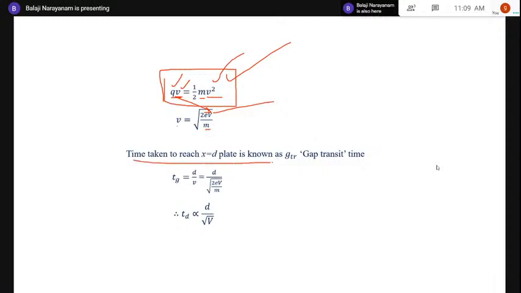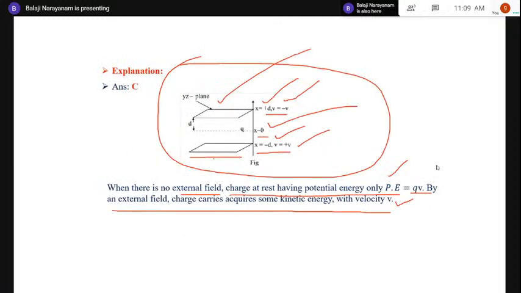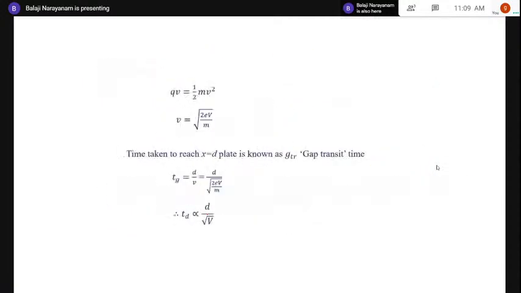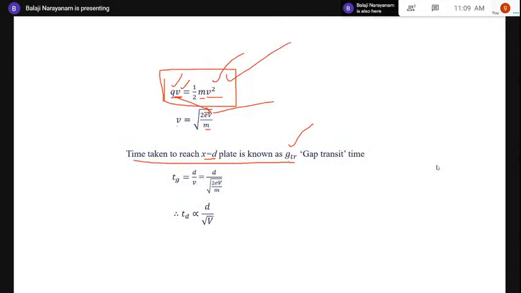Let us take the time taken to reach the X equal to D plate, with D as the distance. What is asked in the question is the time that charge Q takes to reach the right plate. So for the right plate, let us take that time taken as T or something, the gap transit time. It is defined as the gap transit time, or Tg. So we may take a convenient notation like Tg, and Tg is given by,